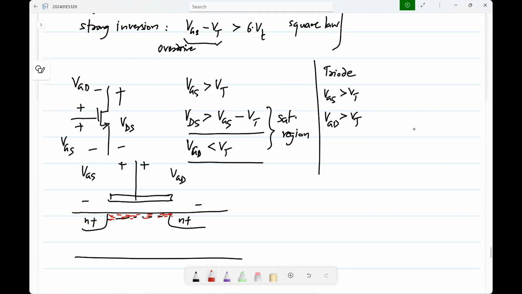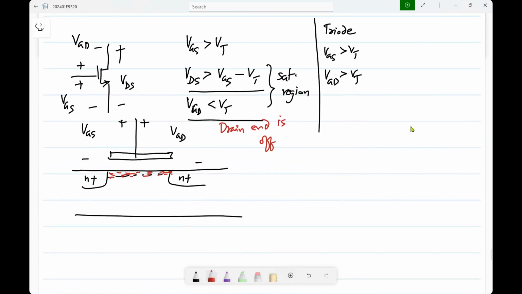So basically, saturation means that the drain end is actually turned off. That's why the drain voltage doesn't influence the current anymore. So the channel is not directly connected to the drain per se, so it doesn't really influence the current. For simplicity, I'll call this terminal D,